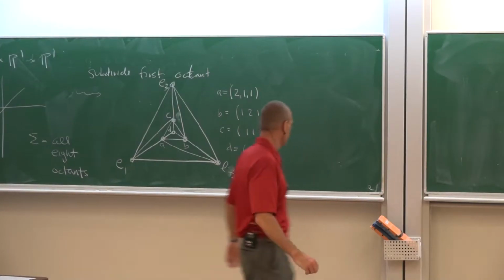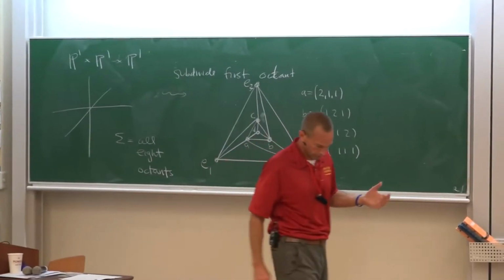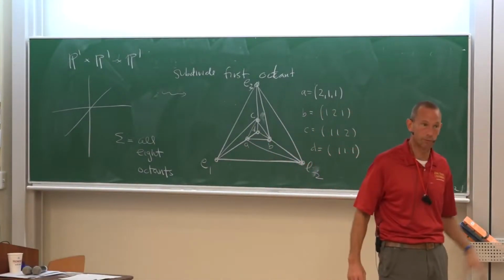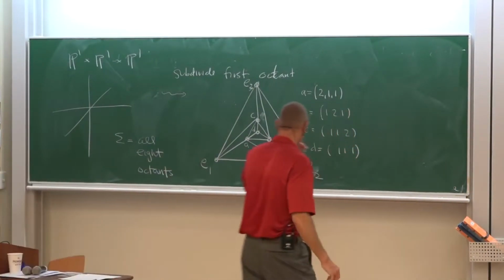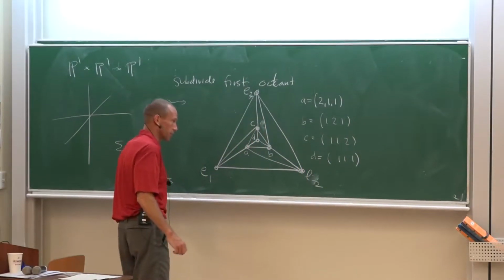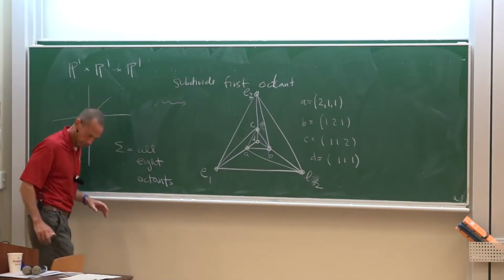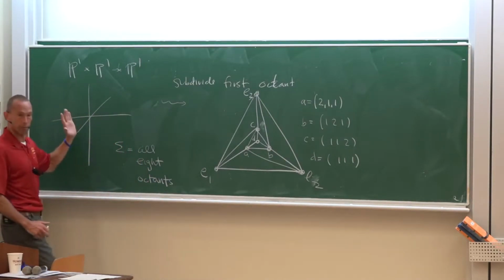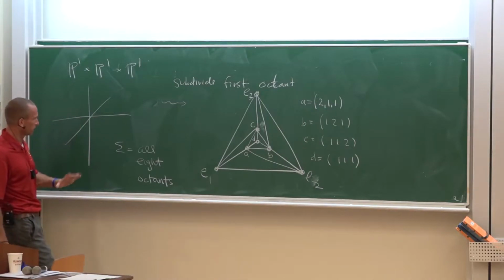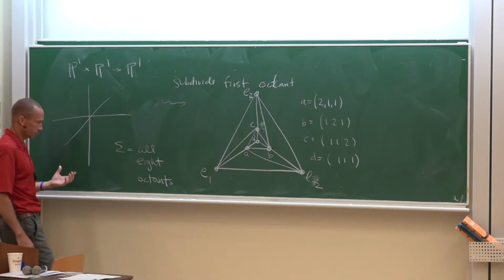I advertised that we were going to use the criterion for ampleness and wall crossing to show that there is a smooth, complete toric variety which is not projective. So here it is. I've cheated by having everything prepared. I take the fan for P1 cross P1 cross P1. So that fan has as its maximal cones,